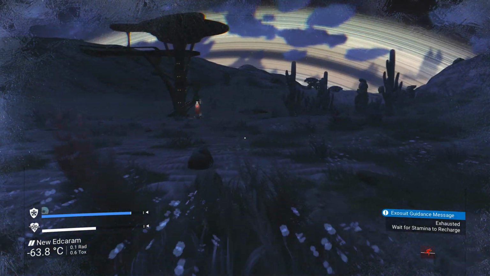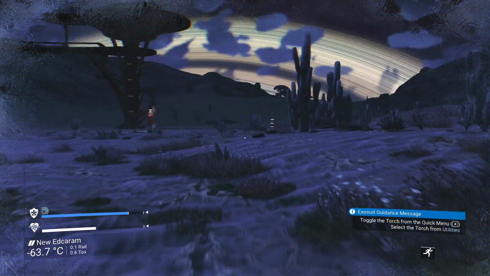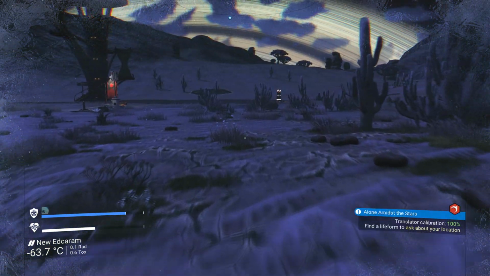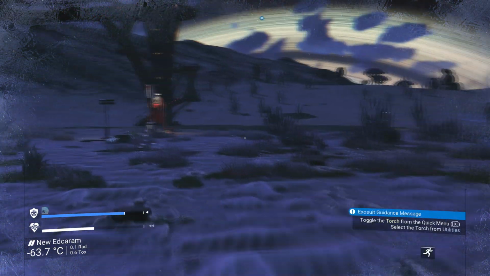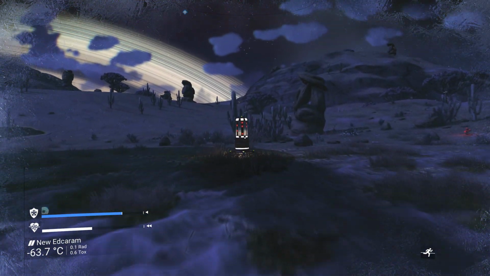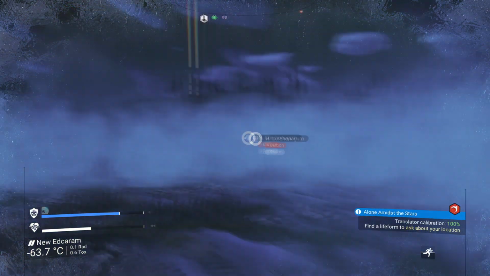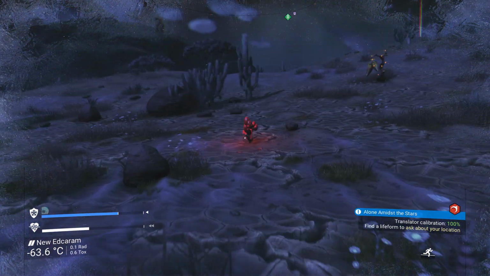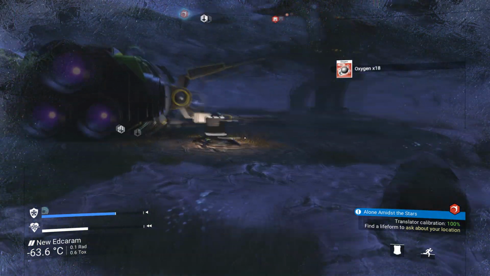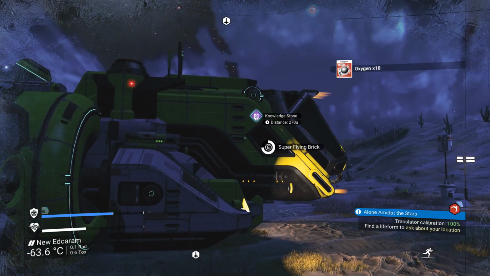Yeah, this has got a landing pad, so we'll be able to summon the ship to here to make life a little bit easier. About to say I'll drop a manual save, but there's not much point, is there? We're just going to call the ship in and have a little bit of oxygen. Of course, we're going to jump in the ship and